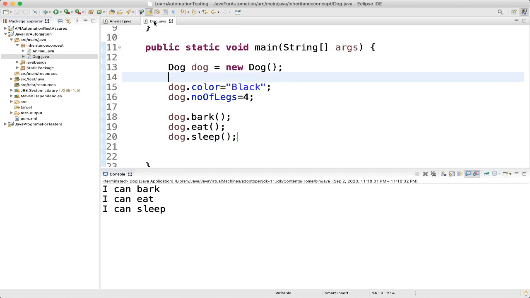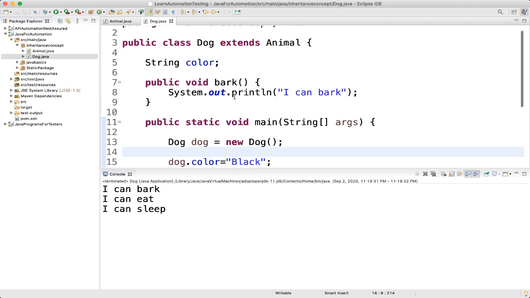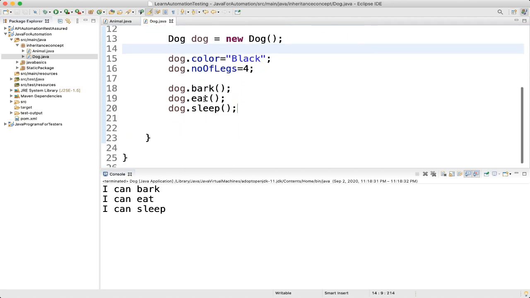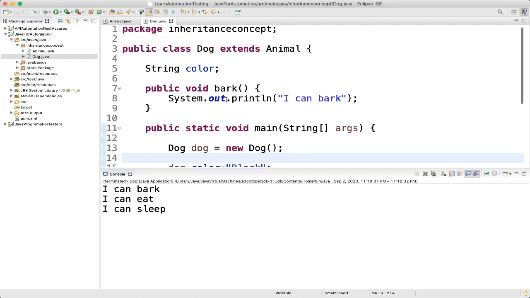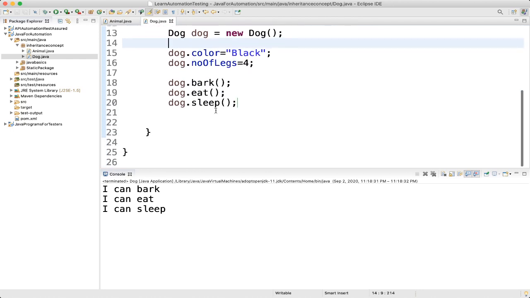Hence, objects of the Dog class can access the members of both the Dog class and the Animal class. We saw, right? The object of the Dog class is able to access bark, eat and sleep. Bark is the method for the Dog class, whereas eat and sleep are the methods of the Animal class. So that's how this inheritance works.